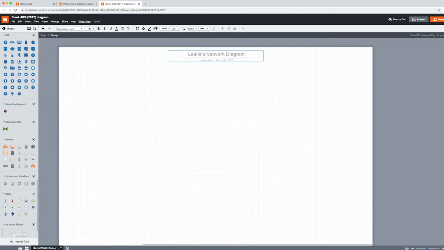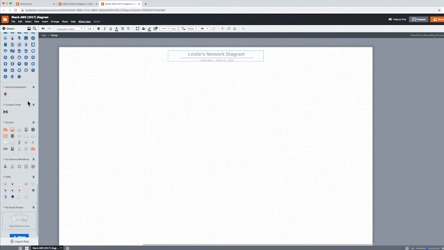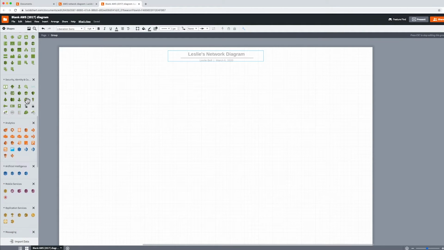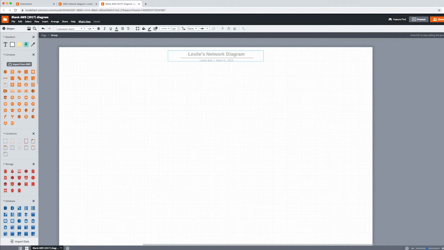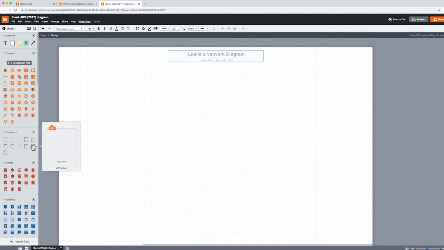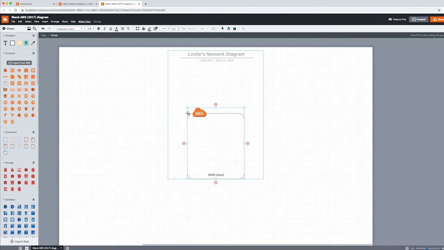So I'm using Lucidchart, which is an online diagramming application. I think you have a free trial for a couple weeks, but I went ahead and paid for the full version. So Lucidchart has some AWS icons integrated, and I went ahead and pulled those up to prepare myself to create this diagram. So here first, we're going to drag over the AWS cloud